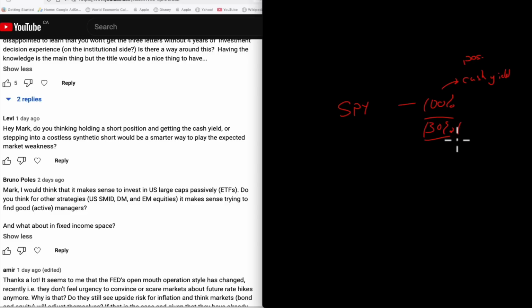If you're holding a costless synthetic, you're still going to have margin. You still need cash margin for this, because you're going to have one of your options being a short position. The most efficient way of shorting the market is with futures and even options on futures, especially ES. It is the most capital efficient way to take a short position, especially with interest rates as high as they are, because you get that carry.